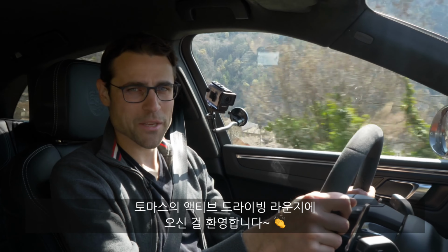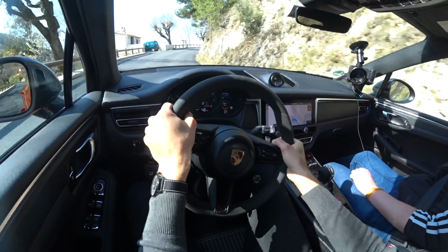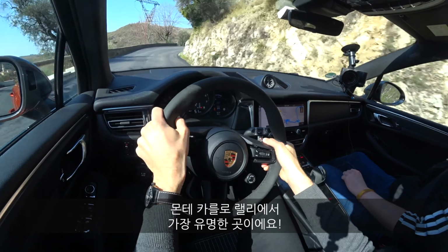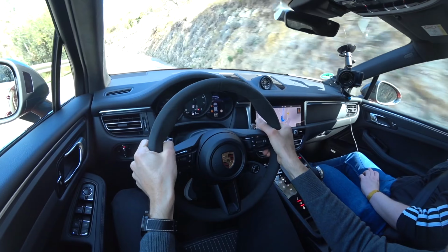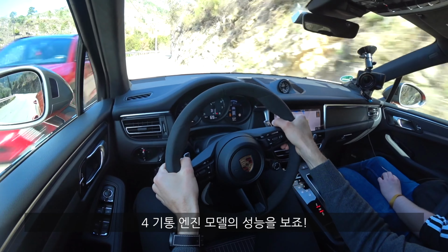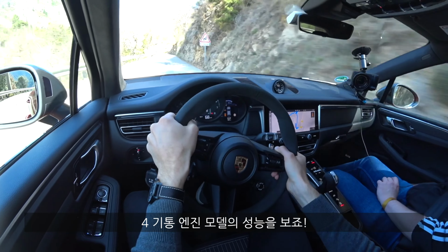Welcome to Thomas's active driving lounge, and we put here to the Sports Plus mode and going up the Col de Turini. So this is the most favorite or most famous stage of the Rally Monte Carlo. Tour de France was also here, so a little bit slower of course, but here we use it today for the Macan T. See if that 4-cylinder even got it, although it's just 4 cylinders, but we have less weight